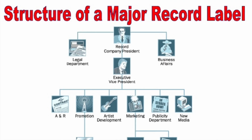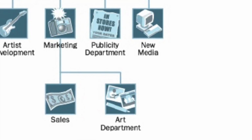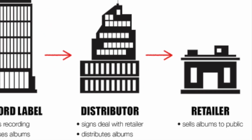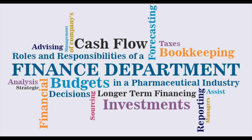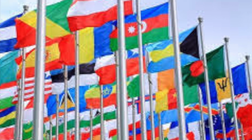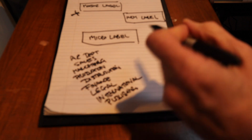The other departments that our major label's got, we've got a sales department, we've got marketing, we've got production, and distribution. We will have a finance department, legal, probably somebody doing international, and then last but not least we have publishing. We're going to cover all of these departments in different videos. When we come to look at the independent label,